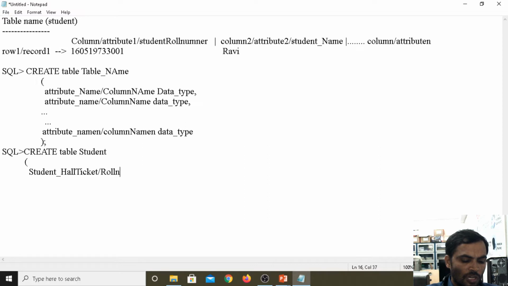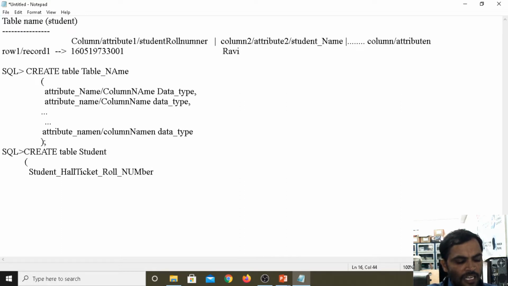If you give a forward slash it will not work. One more thing, if you are declaring an attribute, the name should be a minimum of up to 12 characters, which is good. If you give more than 12 characters it will also work.